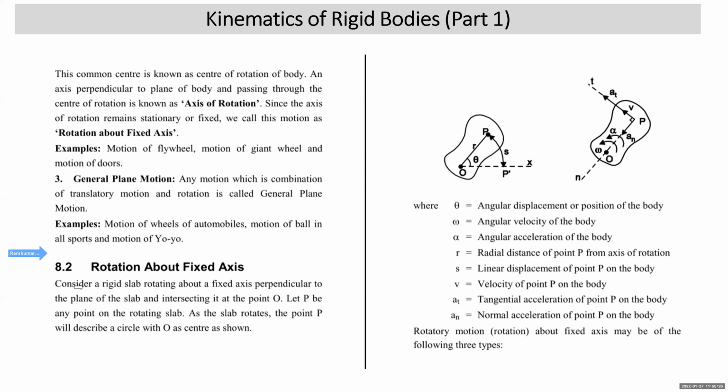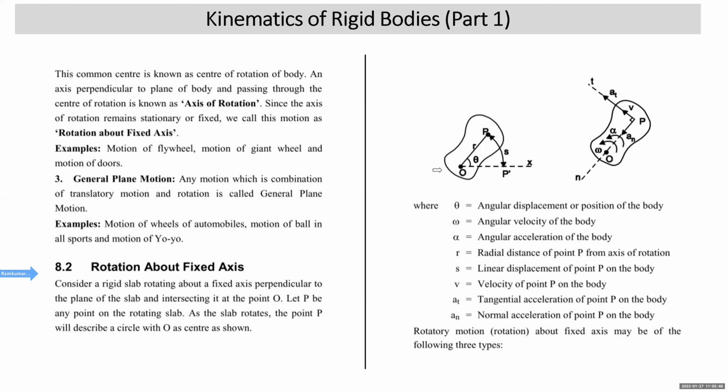Translatory motion we are not going to discuss, as in our examination they don't ask any problem on translatory motion of rigid bodies because it is almost the same as that of rectilinear motion of particles. But yes, rotation we have to discuss at length. So now we are going to consider rotation about a fixed axis. As I told you, the bodies which rotate about a fixed axis, it is called as